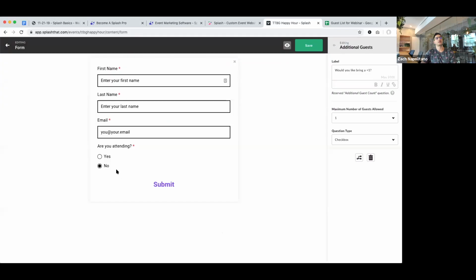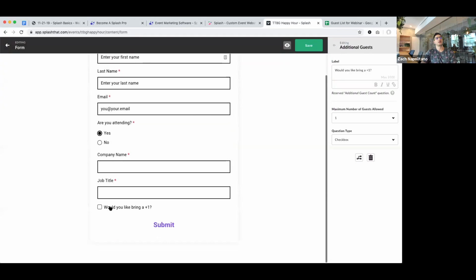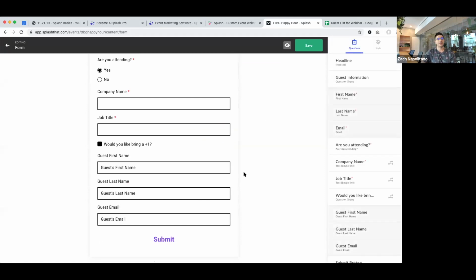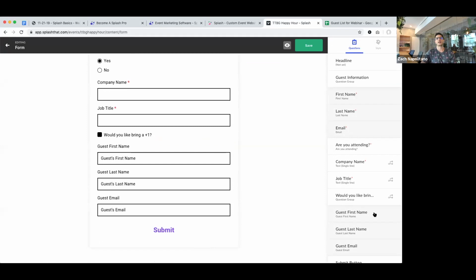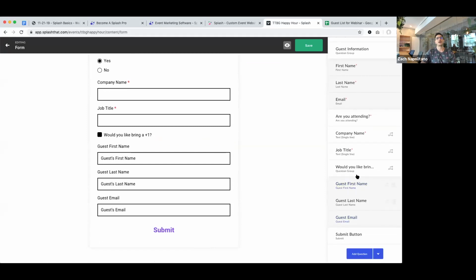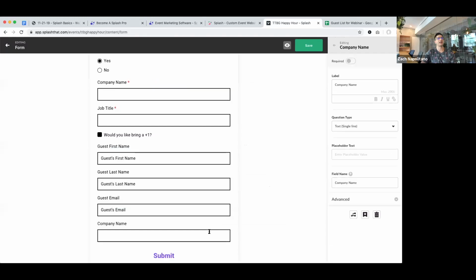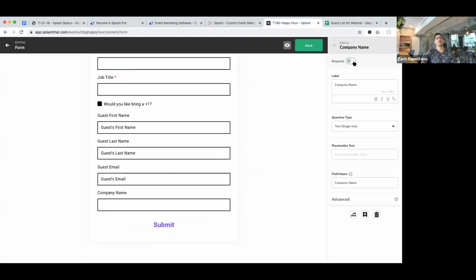Nice. So we have our first name, our last name, and our email. The cherry on top is going to be, can we collect that company name from our guest? So what I'll do is I'm going to come down to my guest set of questions here and use this little plus button. This allows me to begin building out a separate question track just for +1s. So I'm going to grab the company name question here. I could add job title if I want. I could add whatever I'd like. I'm going to make that required.